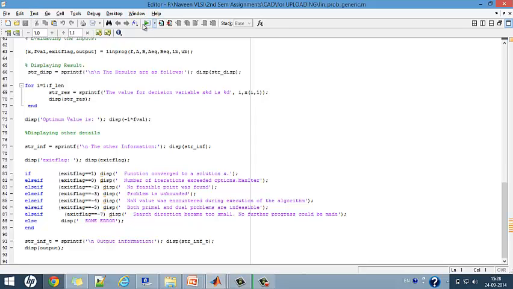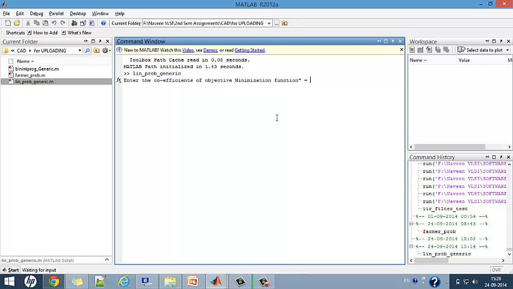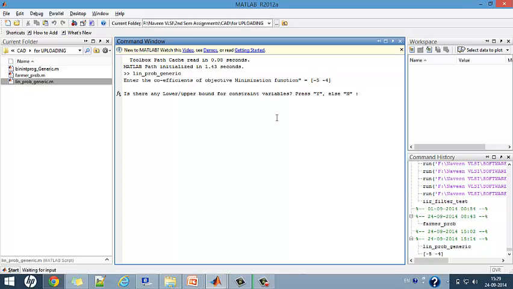Now let us run this program. Yes, it asks for the coefficients of the objective minimization function. Now we should remember one thing: even though the problem is for maximization, we have coded it for minimization. So what we have to do is, we have to only negate the values of the coefficients of the objective function. Now for this RK model, the coefficients are 5 and 4 for the maximization function, but I am giving minus 5 minus 4,